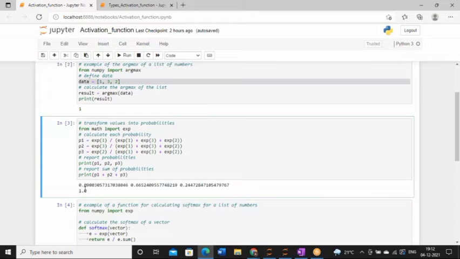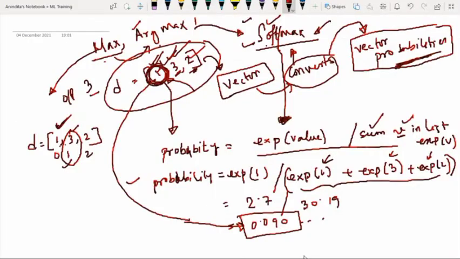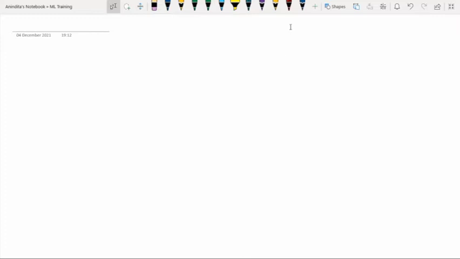Here also you are getting the same answer: after getting the probabilistic output, you are getting 1.0. See what we are doing here. Finally we are using the softmax function, which comes from NumPy. In order to calculate the softmax function, we have considered an array or list. Now we have to understand one simple example to understand the softmax function and the weighted concept. Also, I will discuss the concept of one hot encoding here.